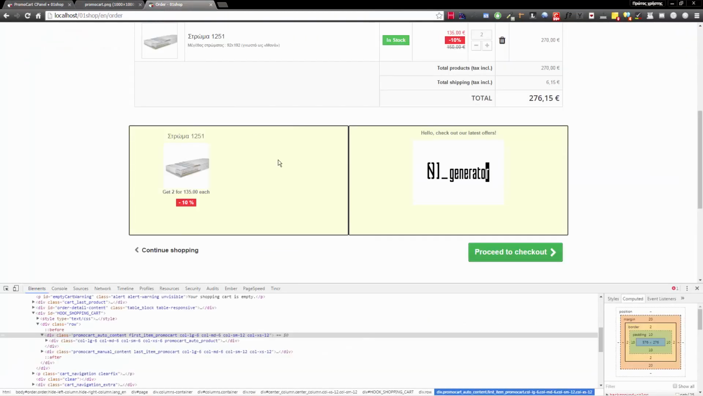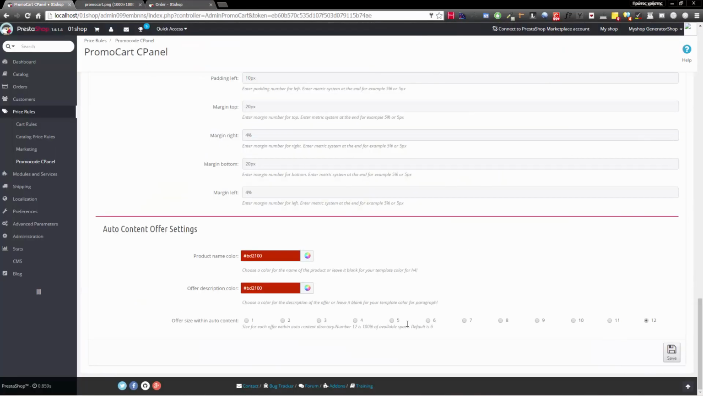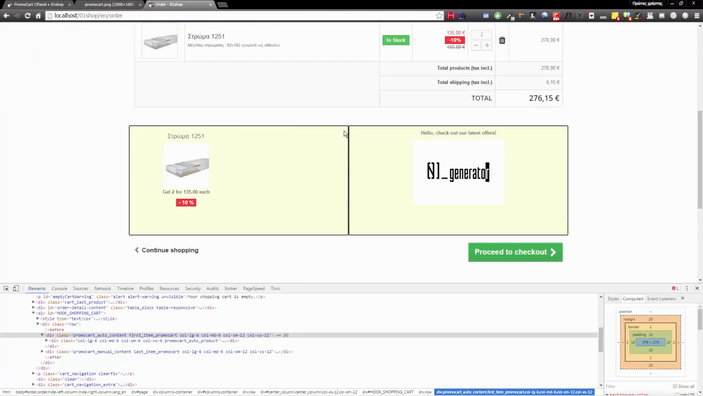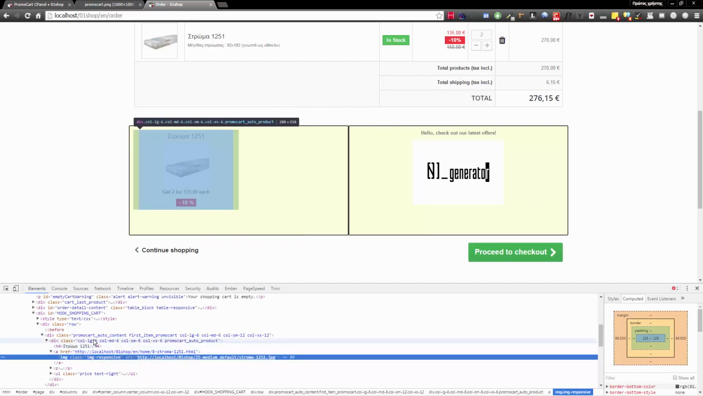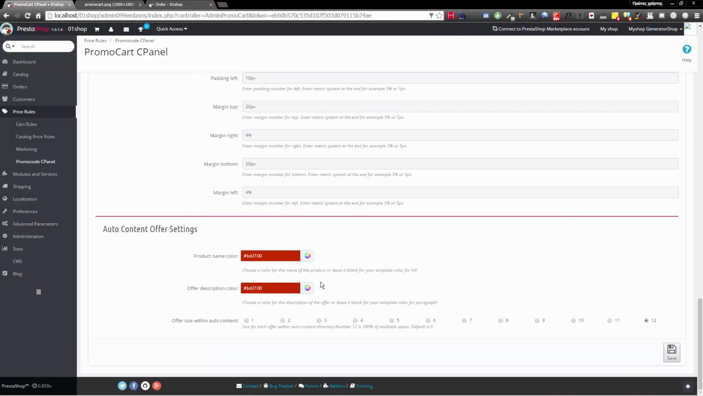What is 12? Why 12? Because you see, now that it's 6, it's half, 50% of the available space. Available space right now is from here to here. So it takes 50% of the available space. But here, you see, with the paddings and margins, it takes 50% of the available space. So I'm going to enter 12 to be centered, and I'm going to hit save,